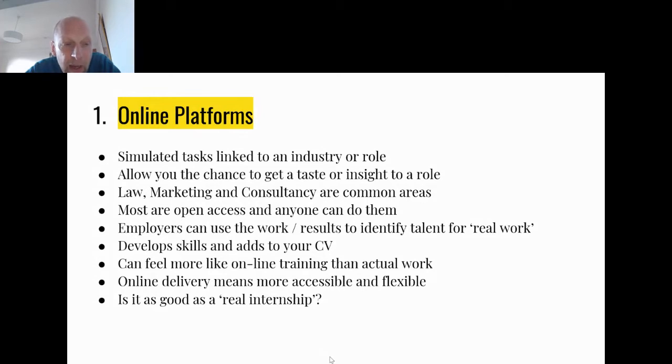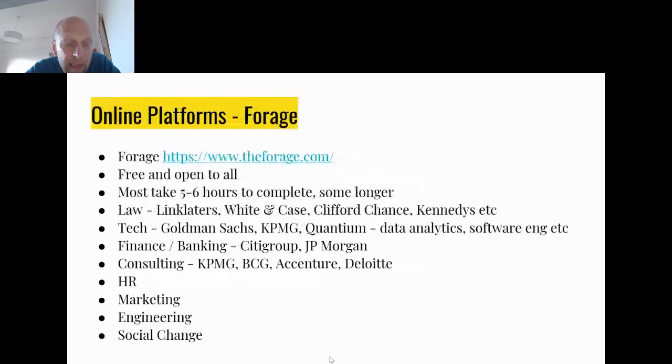So the main provider, there is one organisation which has really cornered the market in this, and it's called, well, I'm going to be honest with you, I don't actually know how you pronounce it. I would call that Forage, but I'm from West Yorkshire, and you guys might call it Forage. I don't know. But anyway, that's what it is. It's either Forage or Forage. You say potato, I say potato kind of thing.